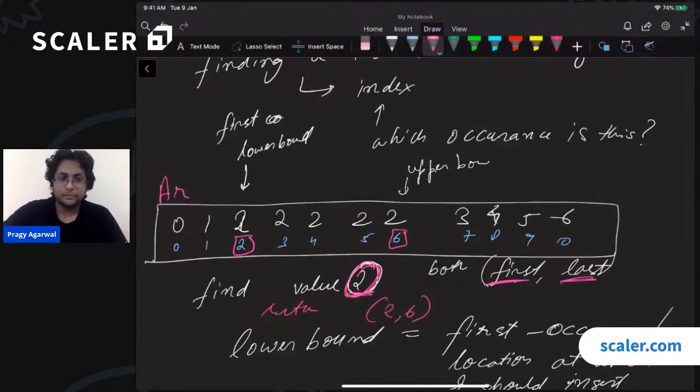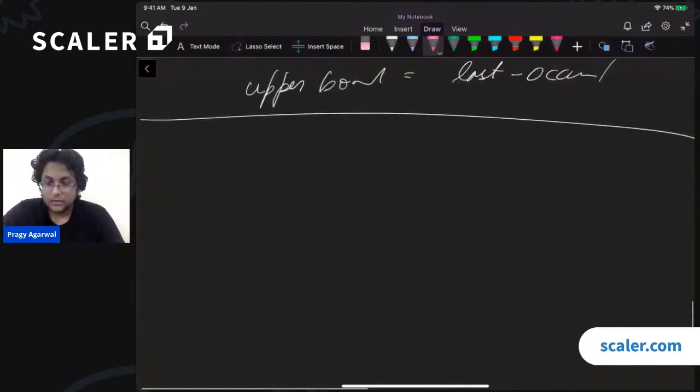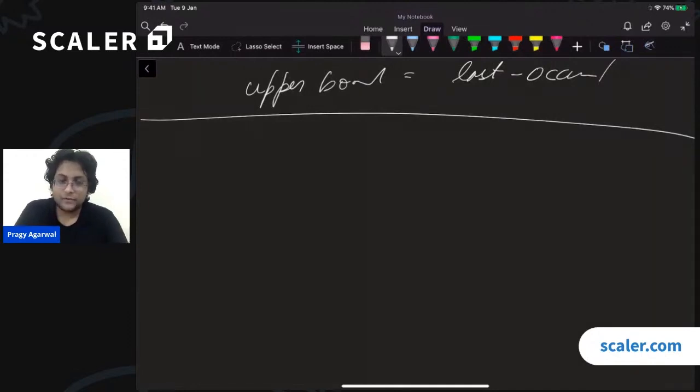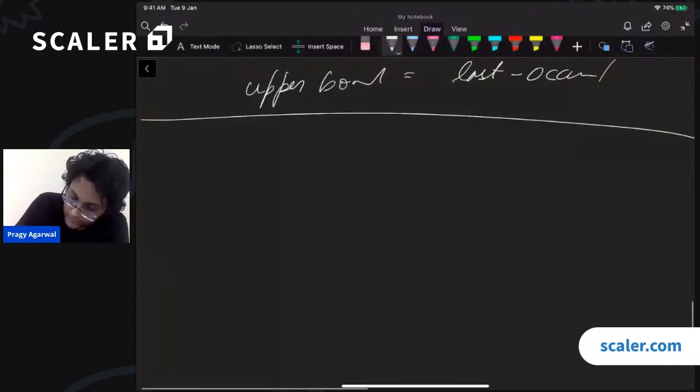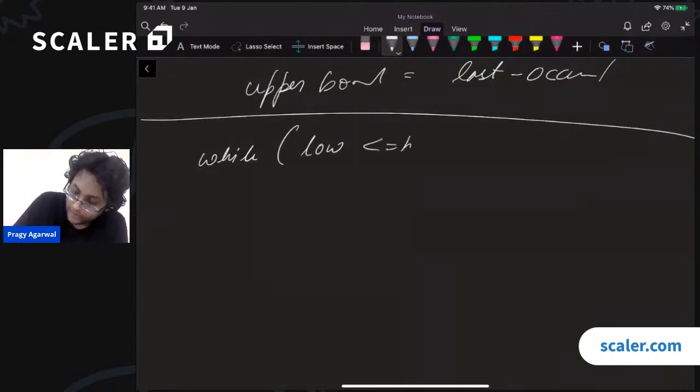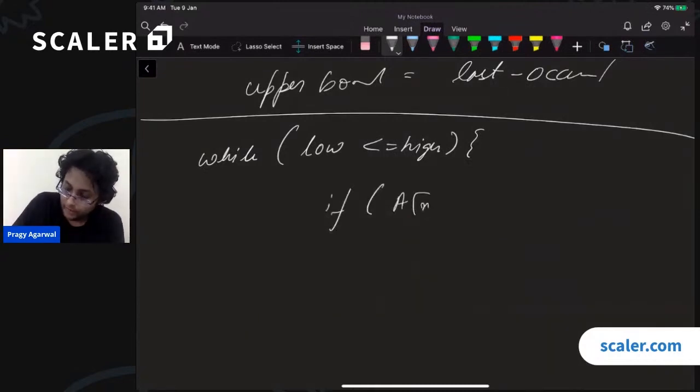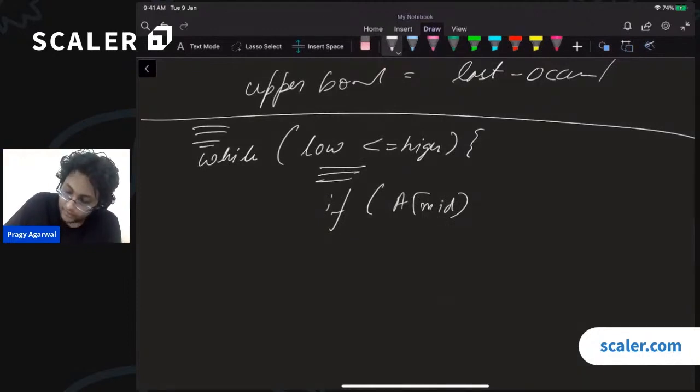So how will we do that? This is very simple. We just have to make sure that we tweak a little bit on those -1s and +1s. Usually what we do is we write the loop like this: while low is less than or equal to high, we have the mid calculation over here, and we say if array of mid is less than key,